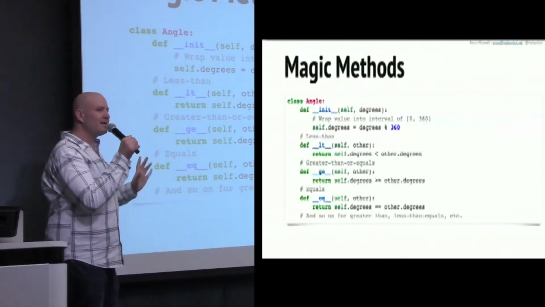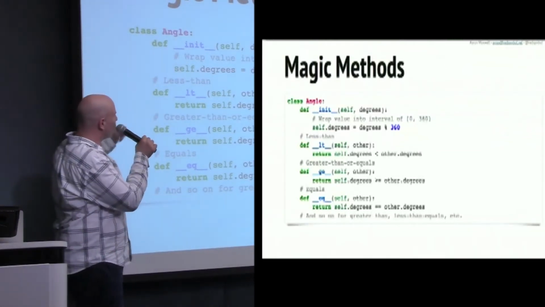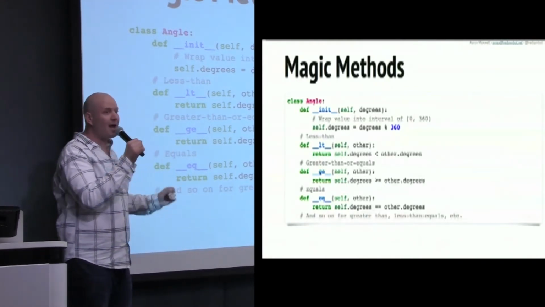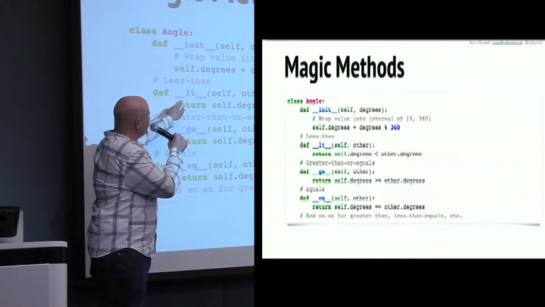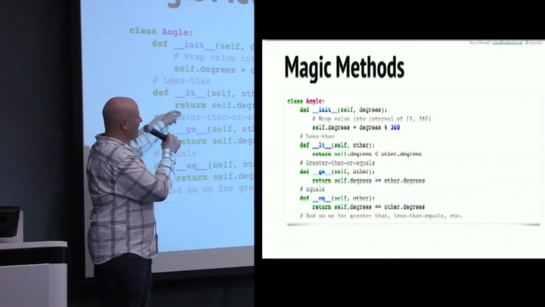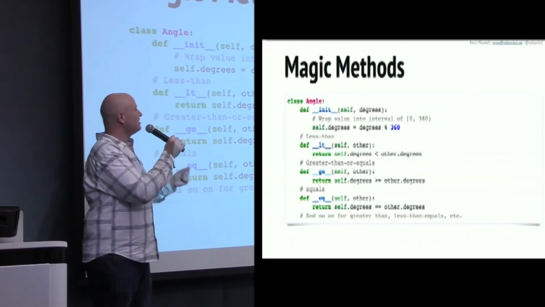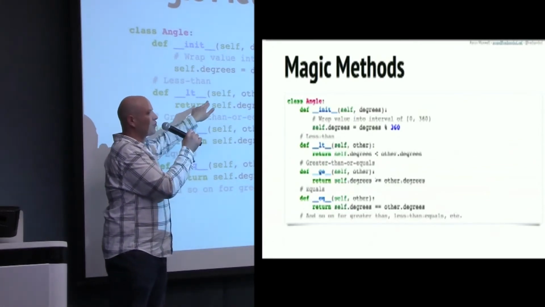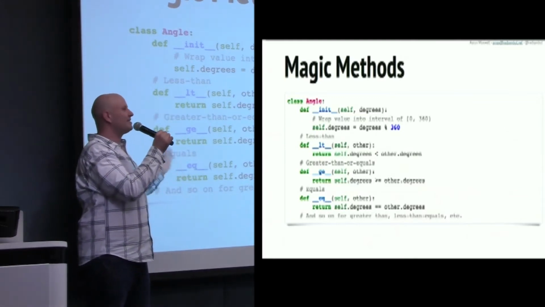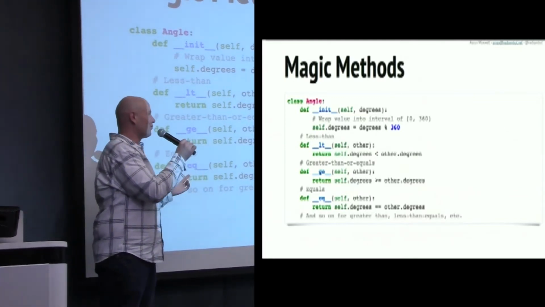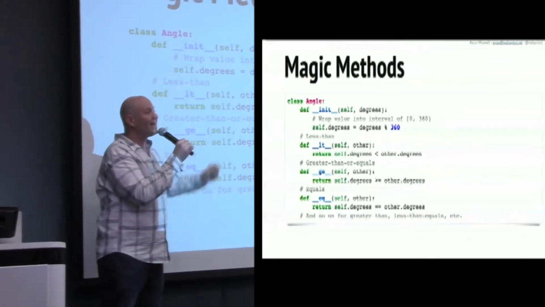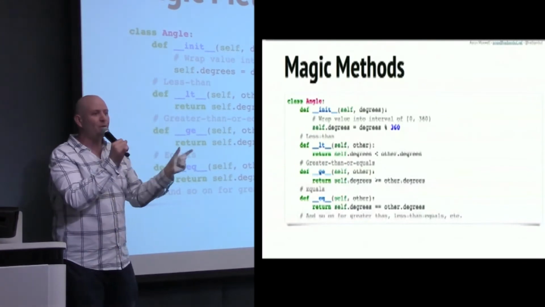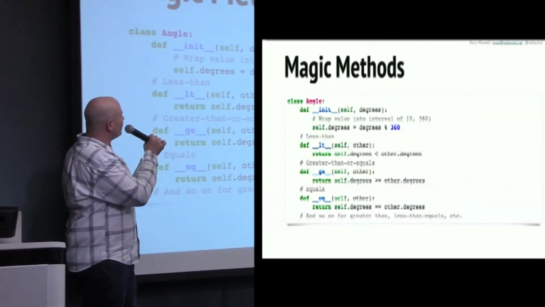The answer is something I'm going to build to, but it exploits these things called magic methods. And many of you are familiar with this, and many of you are not. These are these double underscore methods. I like to use the word dunder as a shortcut. So I'll say instead of underscore, underscore, LT, underscore, underscore, I only have 10 minutes left, so I'm not going to say underscore that many times. I'm just going to say dunder LT. But we have this dunder LT method that if our class implements this method, it's a hook that lets it be used